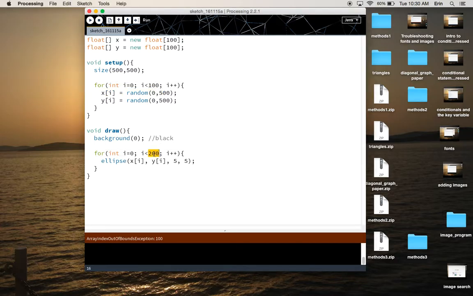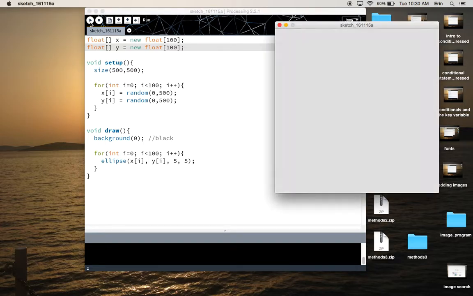The reason, of course, why we can initialize all these values in one for loop is because the arrays are the same size. If one of them had a size of 200, I would need a different for loop to initialize these variables. So here we go. We've made 100